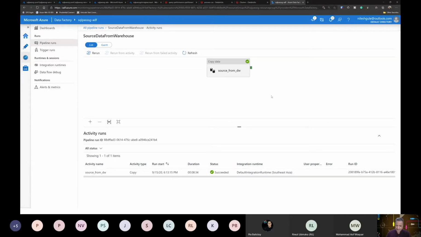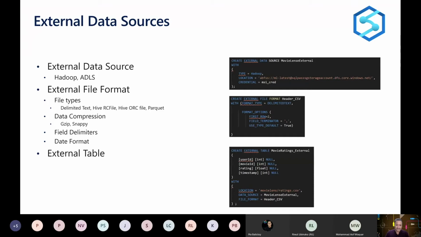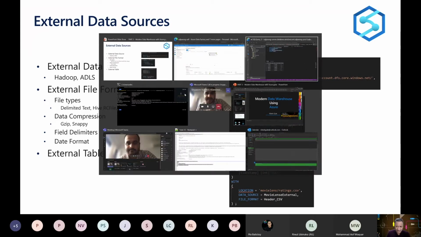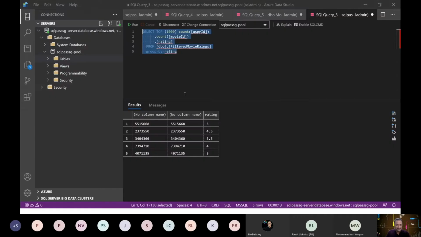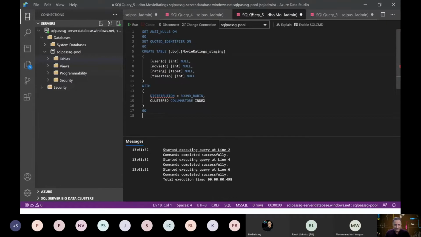So even if we delete or drop the external table, only the metadata or schema of that table gets deleted. Data is still residing in the location from where we refer to the external table. These tables are not part of the SQL warehouse. They are created externally. That's why it's called an external table. So let me show you how to create the external tables or external data sources.